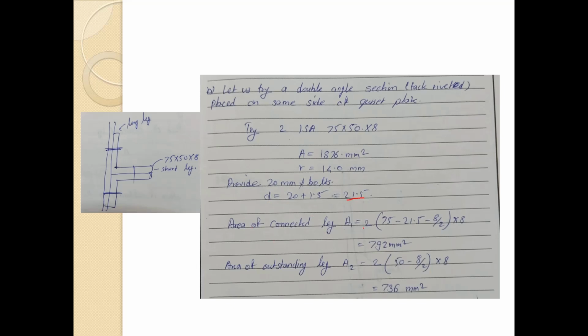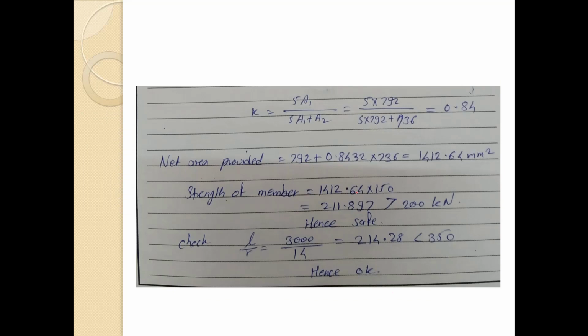So the area of the connected leg, A1 equals 2 into (75 minus 21.5 minus 8 by 2) into 8, that is 792 mm square, and the area of the outstanding leg, A2, is 2 into (50 minus 8 by 2) into 8, that is 736 mm square. Again K is 5A1 divided by (5A1 plus A2). By using this equation we get K as 0.84. So the net area provided, A1 plus K A2, is 1412.64